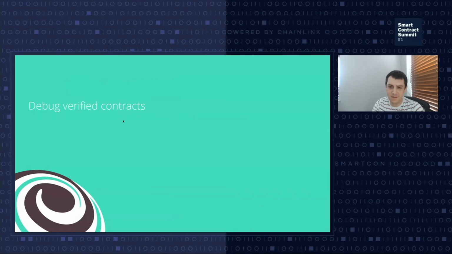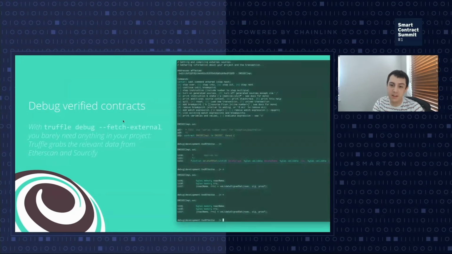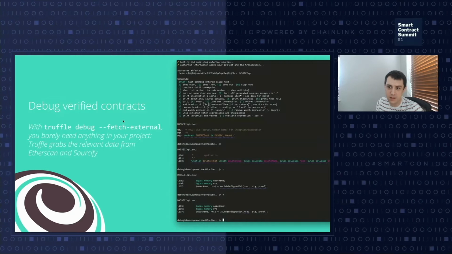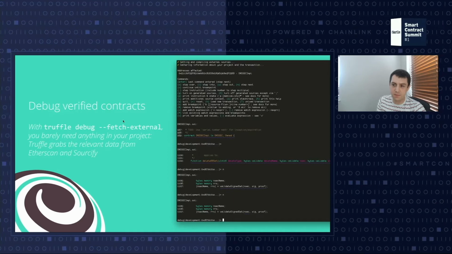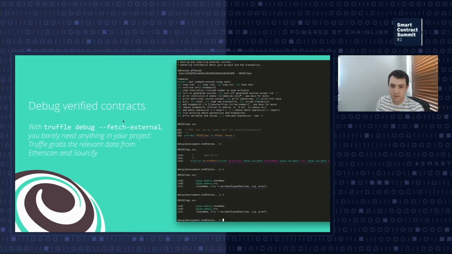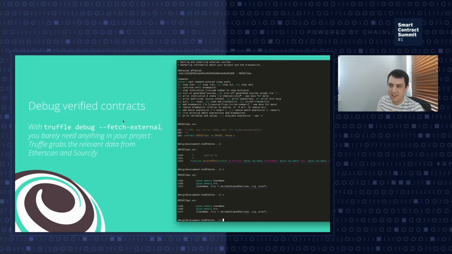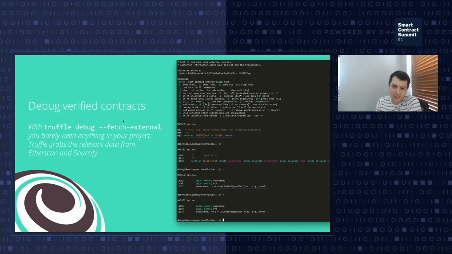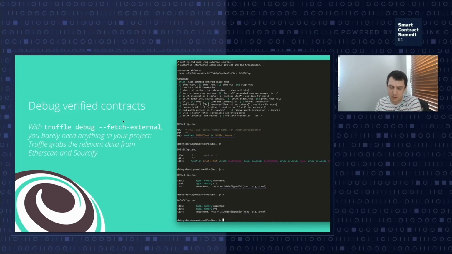One of our most exciting features lately is the ability to debug any verified contract from Etherscan or Sourcify. So if you send a transaction, this one, for example, is an ENS transaction. The screenshot was taken in an empty Truffle project, and I just used this --fetch-external functionality and gave it an ENS transaction, and then what Truffle does behind the scenes is it fetches the source code from Etherscan, or maybe Sourcify,